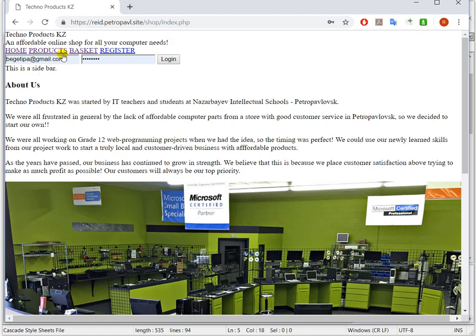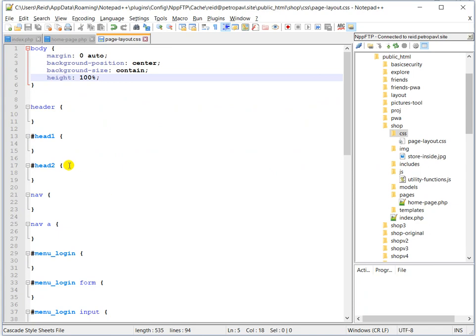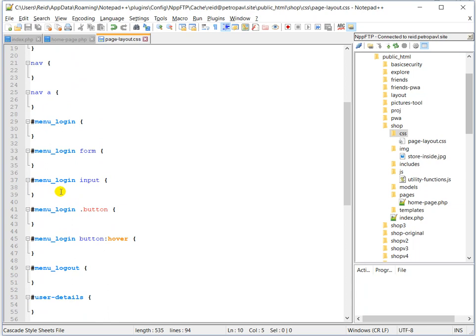The nav actually would like to stick to the top. So let's add that. So what we need to do is to the header, well, not to the header, sorry, to main, because those are contained in, sorry, not main,